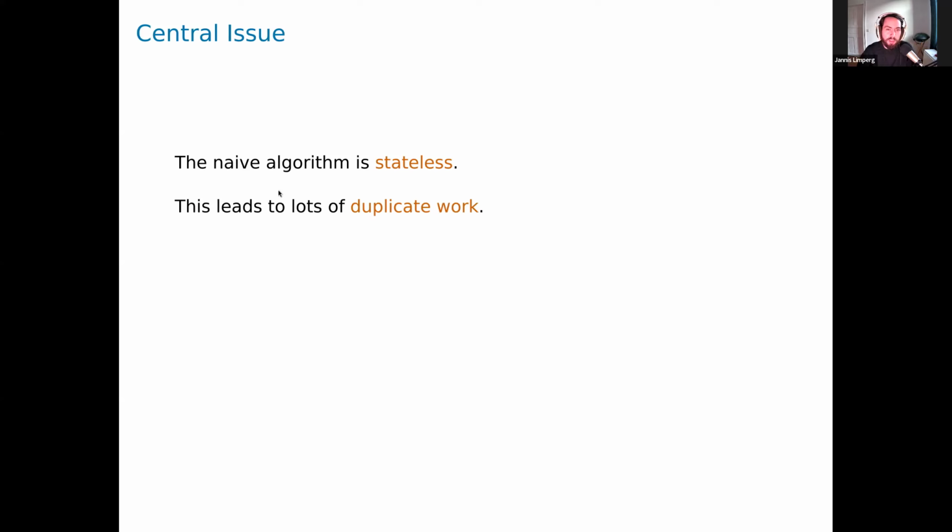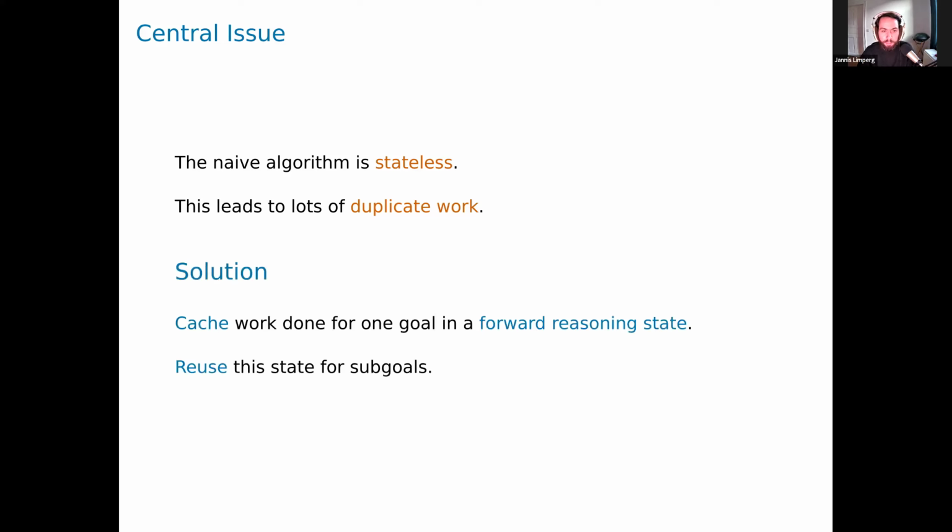The central issue is that this algorithm is stateless. So basically, it doesn't remember any information that it got from any of the previous goals. And this leads to a ton of duplicate work. And the essential contribution of this talk and of the work that this talk is based on is that we have developed an efficient way to cache the work done for one goal in what we call a forward reasoning state, and we reuse the state for sub-goals,